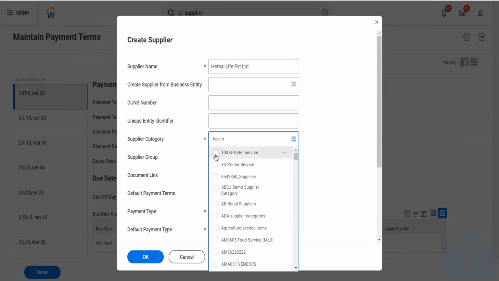Wherever you see this radio button or circle button in the prompt, this is what we call a prompt. Wherever you see this round button here, it means you can select only one value in that prompt. In this field section, you can only select one value. So if I just say health and I press enter,